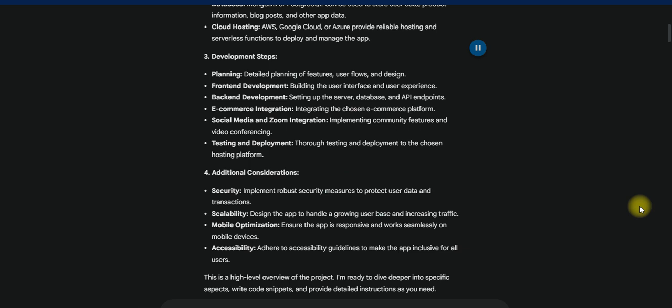This is a high-level overview of the project. I'm ready to dive deeper into specific aspects, write code snippets, and provide detailed instructions as you need. What part of the app would you like to start with? Perhaps we could begin by setting up the basic structure of the e-commerce platform or designing the user interface for